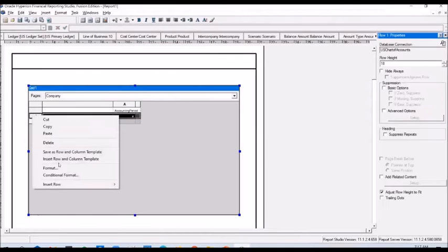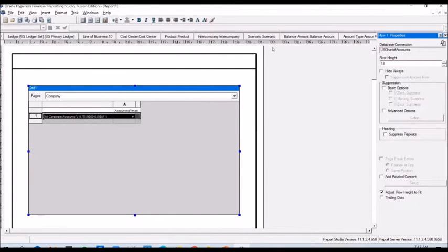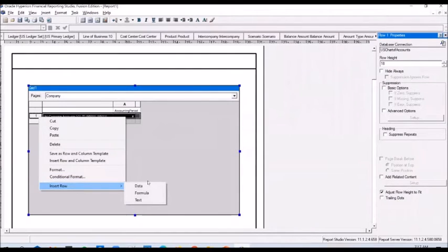And on top of this row, let's add in a blank row. Select the row, do a right click, and insert a new row. And basically you can have three types of rows in an FRS report. A data row is what we have now, wherein you select the account and the balance gets displayed. You can also have a formula row, which we use typically to display the summation, summary values, or other formulas. A text row, which you usually use to give a report heading or a heading to the section.